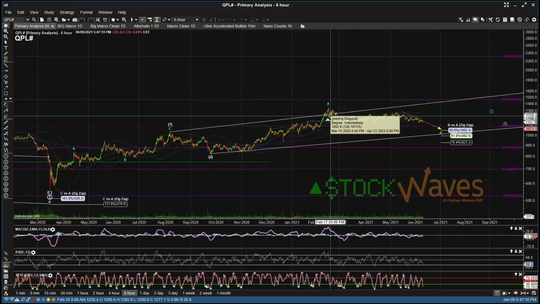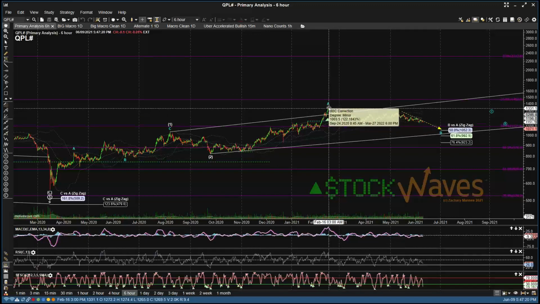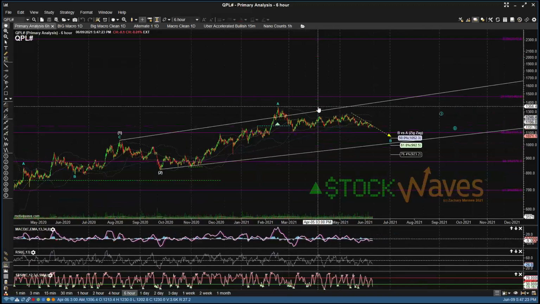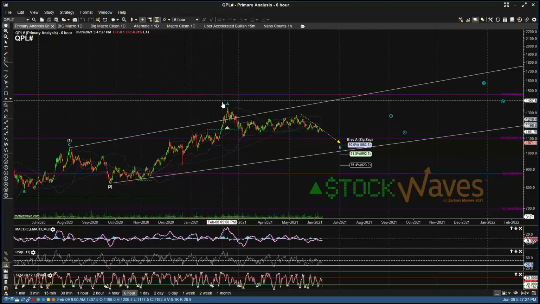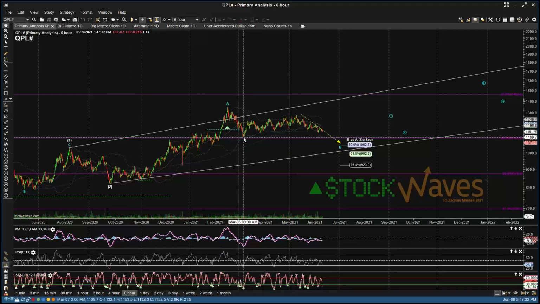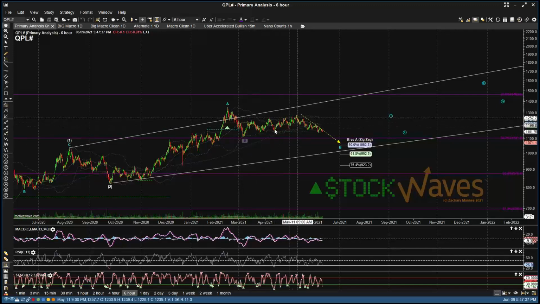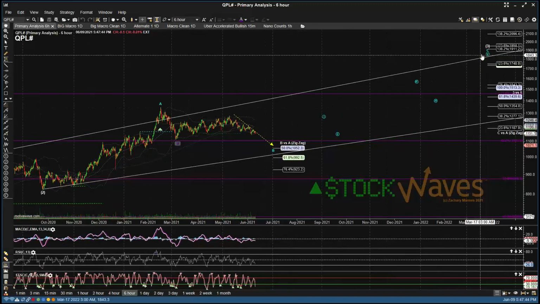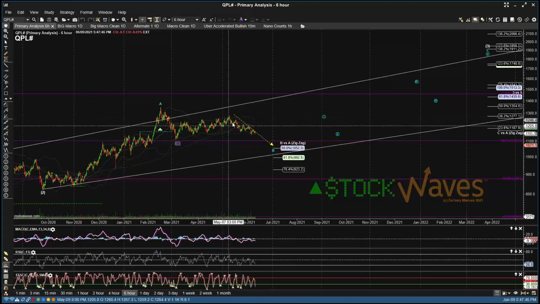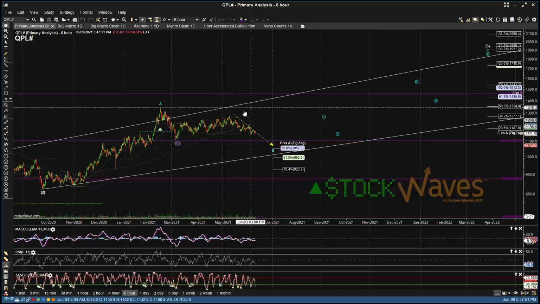So once that broke that micro level of support inside of an impulse, we started looking at this being a larger diagonal. In that larger diagonal, we were counting this as 5 waves up for an A wave. This retrace could have been all of the B. We were looking at this as a possible leading diagonal as the wave 1 of the C of parentheses wave 3. But it started to show signs of weakness and wasn't really getting the follow through